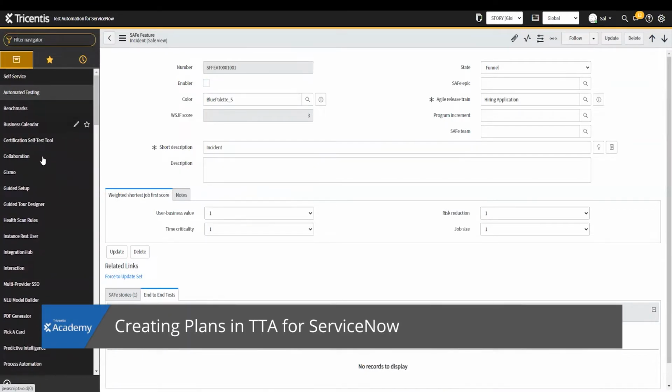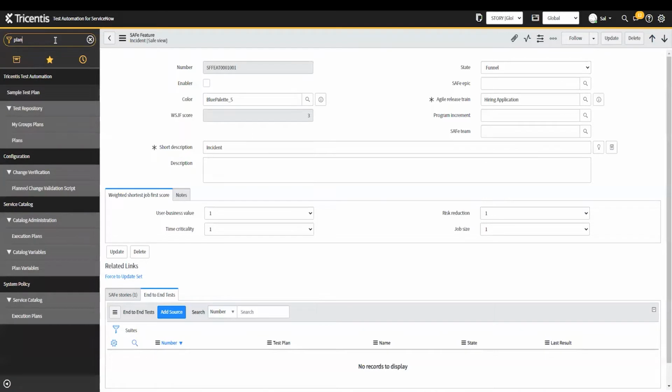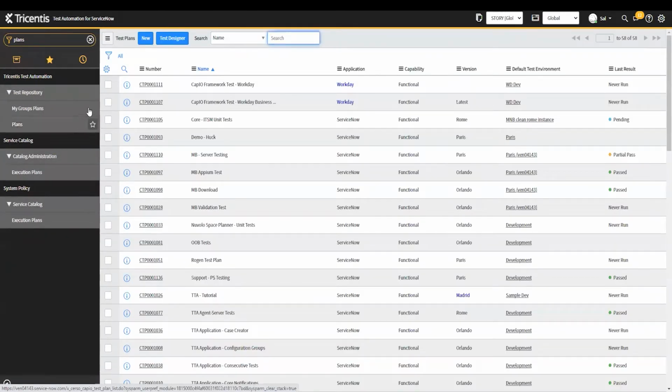Okay, so now that we've covered a little bit of the strategy there, we need to actually go through and implement these. So the strategy that we come up with will probably span more than one plan, right? I at least want to have one plan for each type of test and probably more for the different areas. So when I want to set up a plan, I'll come in here, I'll do new, and I've got